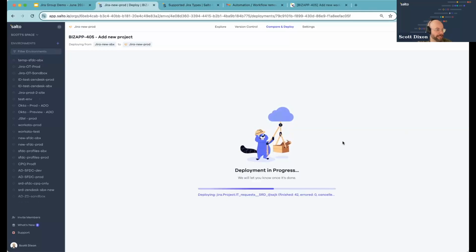And then the deployment is continuing to run. So just to let you know, the duration of the deployment really depends on what's being deployed, the volume of deployments. If you're trying to deploy a lot of workflows at once, that can take a little bit longer. And then while the deployment continues to run here,